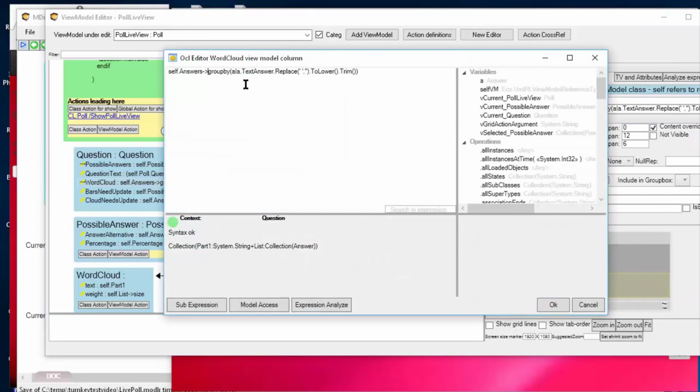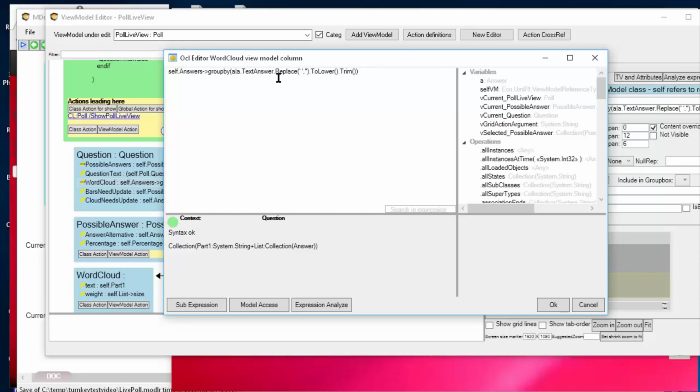It uses a group by to group on the text answer, and it replaces all the spaces, etc., and makes it lower case to make it more likely that two people enter the same thing.